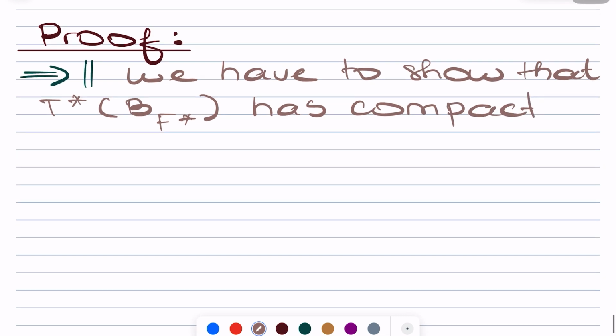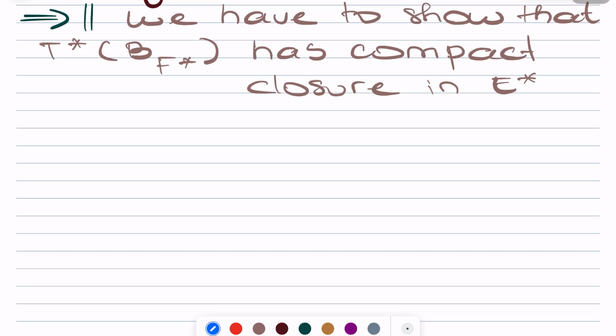Has compact closure in the dual space E star. For that, of course, we use the characterization of compactness via sequences. So let's call it Vn, be a sequence in the closed unit ball